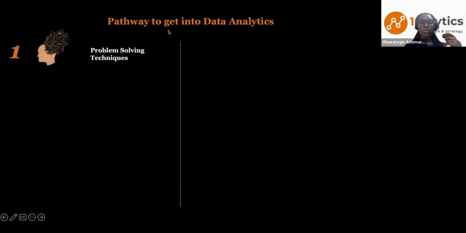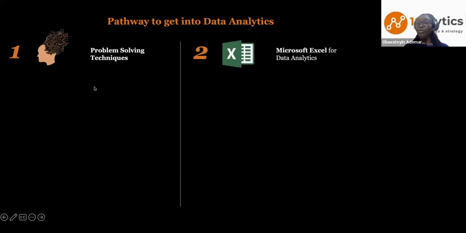All right, so what is the pathway to becoming a data analyst? The first thing that you need to know is problem-solving. You need to have problem-solving techniques, okay? That is, interpreting problems, understanding company goals, and being able to find solutions to those problems. The second thing that you need to know is Microsoft Excel for data analytics,